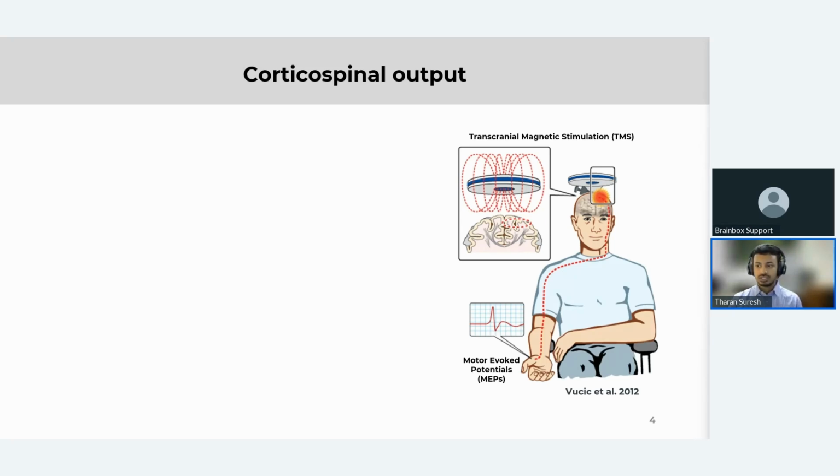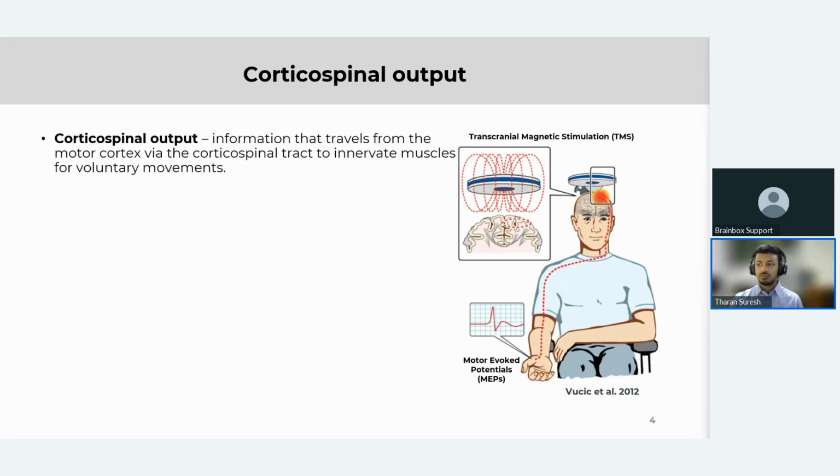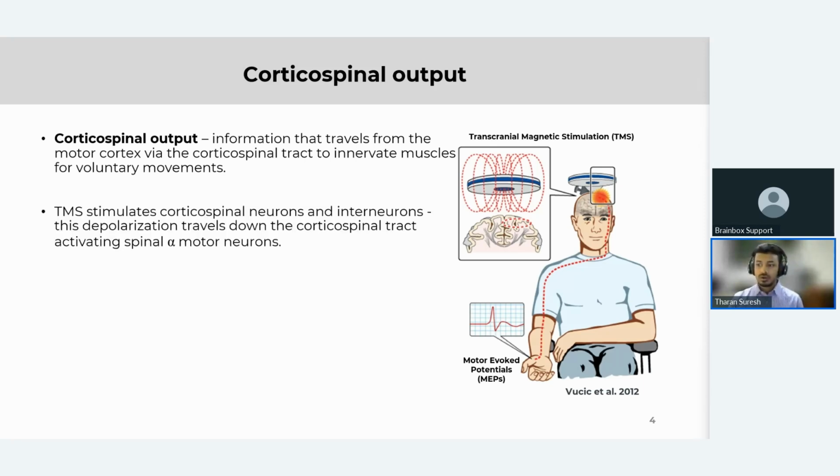This is the largest descending tract that controls voluntary movement. Crudely, the information travels down from the motor cortex via the corticospinal tract, and it innervates the muscles for voluntary movements. And we can measure corticospinal tract output using TMS. TMS stands for transcranial magnetic stimulation,